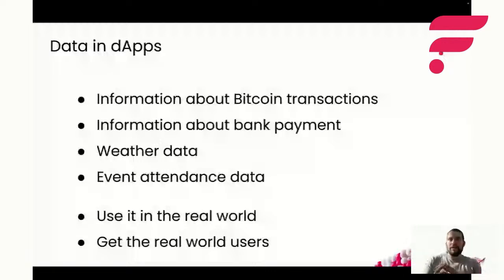And there's only so much the users can do with your programs, the users can do with your product. But if you get additional information, additional data, so for example, if you can get information about Bitcoin payments on a chain that can sum them up, that can group them, that can see that you're paying a specific address, a specific account, you can do much, much more. If you have information about the bank payment and information about the Bitcoin payment, you can create a cross-chain swap. If you have weather data and event attendance data, you can compare them.